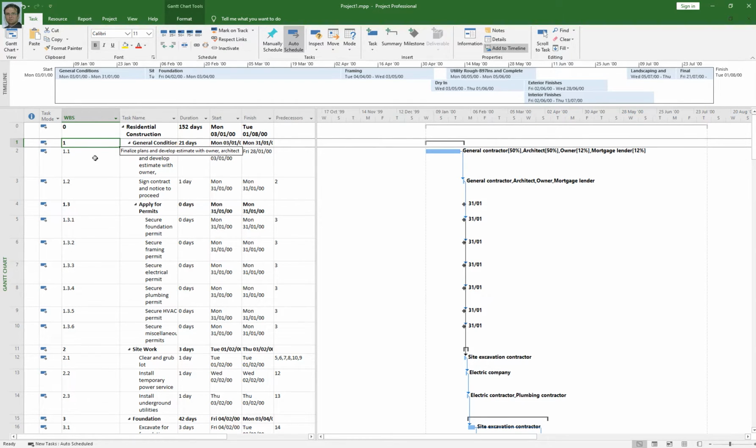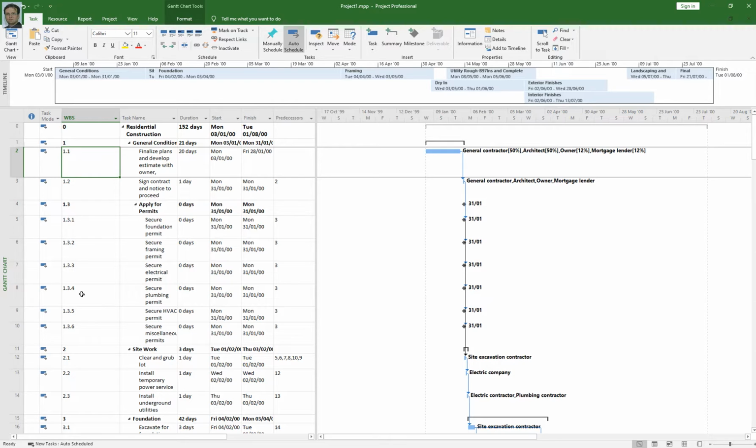Beneath that you have 1.1 and 1.2, two work packages you are going to start. Under apply and permit, that is 1.3. Beneath that we have 1.3.1, 1.3.2, 1.3.3, 1.3.4. So you can change your numbers easily.